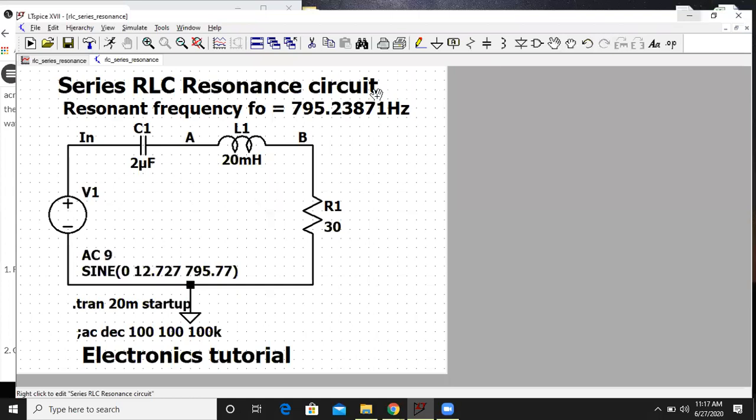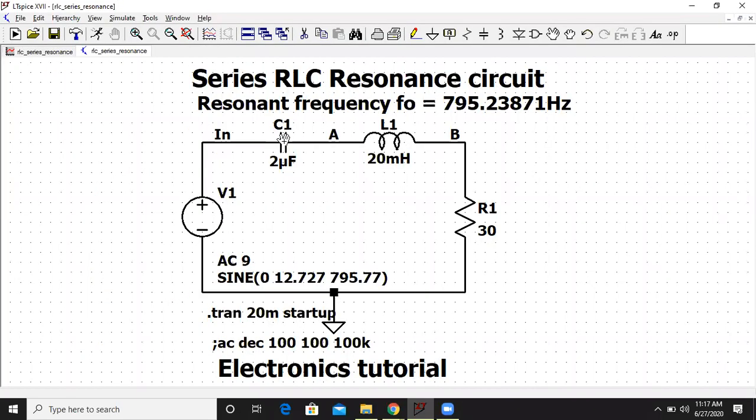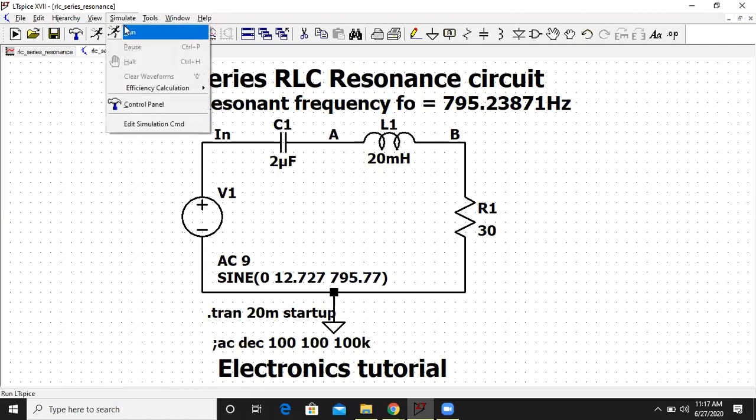So if any component is not giving you the proper direction, you need to take that component out like this. I'll just show it to you. I think the capacitor will not show properly. So you can take it out, click on it, Control R, so you rotate it by 180 degrees. Let me just show you quickly what happens.